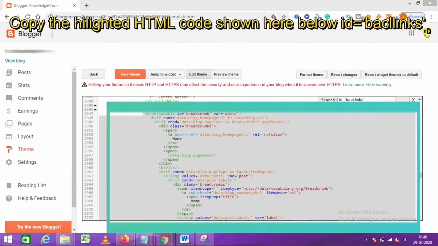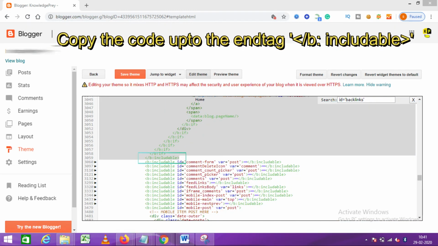Now copy the whole HTML code below ID backlinks up to end tag b:includable as shown here.